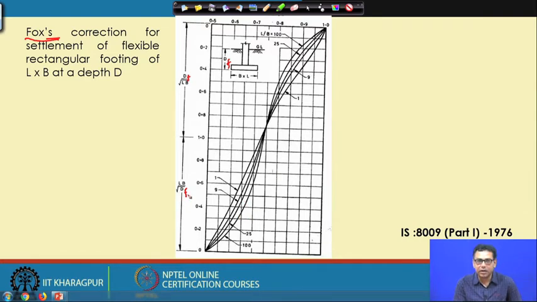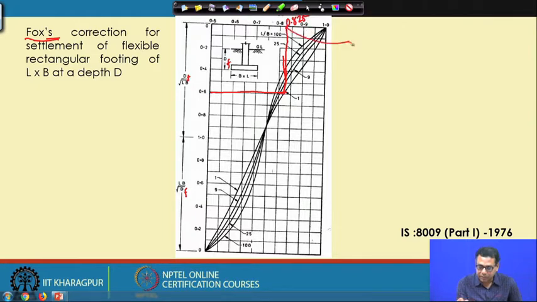So, this is for the relatively higher depth of foundation, but in most cases of shallow foundation we will use the upper portion of the chart, where this will be dF root over L by B. So, if I know the L by B value, then from here, suppose for this dF root over L by B 0.6, if the L by B value is 1, the correction value will be around 0.85. So, this will be 0.825. So, this will be the correction factor value.